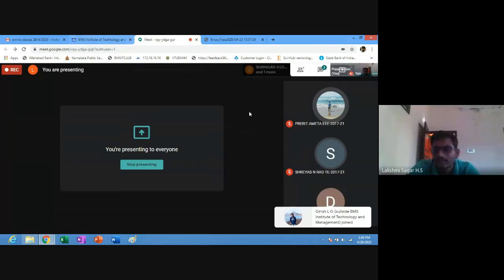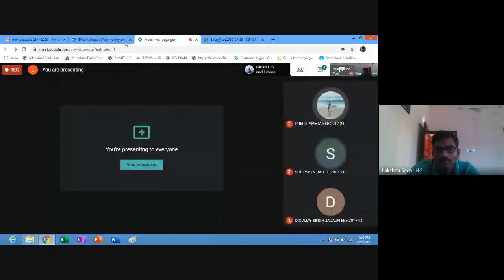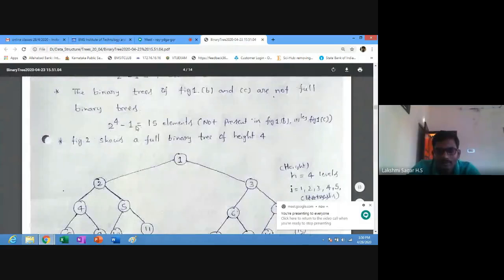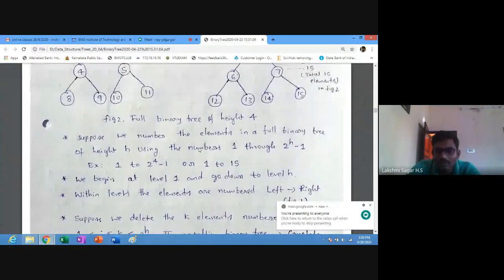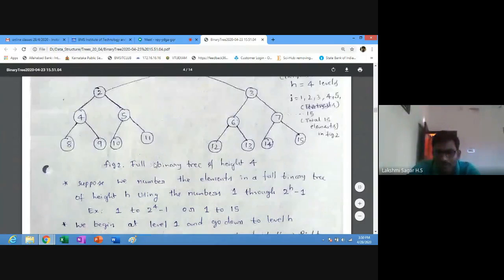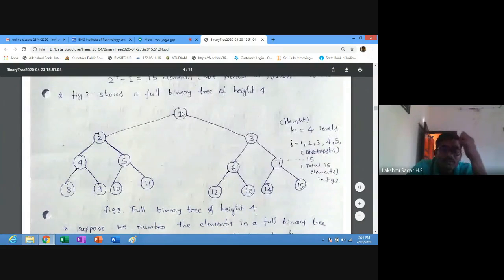Next, suppose we number the elements in a full binary tree of height h using the numbers 1 through 2 power h minus 1. So here in this example, we have numbered each element like 1, 2, 3, 4, 5, 6 up to 15.